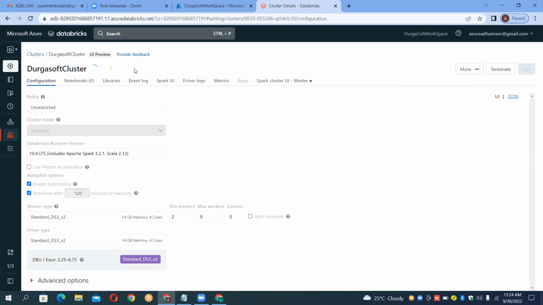Hi, Samir. This cluster is showing 14 GB Standard DS under worker type. So is it the maximum memory, or what exactly is this? Can we increase the memory? Yes, this is the memory of this particular cluster. Right now it's inactive. You can increase it. You have various memory options also. 4 cores, 14 GB memory it stores. That is the only thing it means. We can increase it, no issues. Thank you.